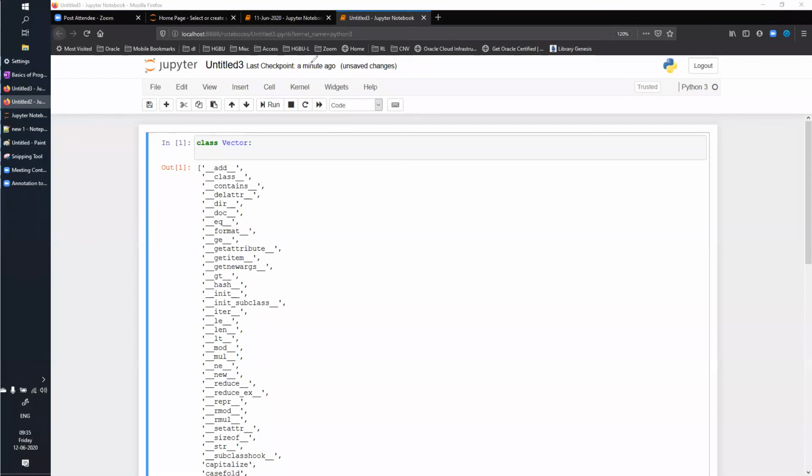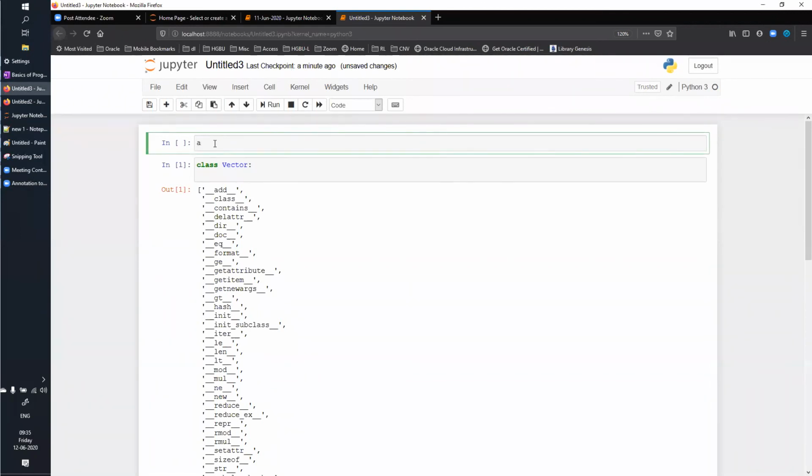You have a vector which will be represented in this style: ai plus bj. This is how you will see a vector. So a vector has two parameters. One is your X coordinate, and the other one you can say your Y coordinate. Okay. So I will need two parameters here.